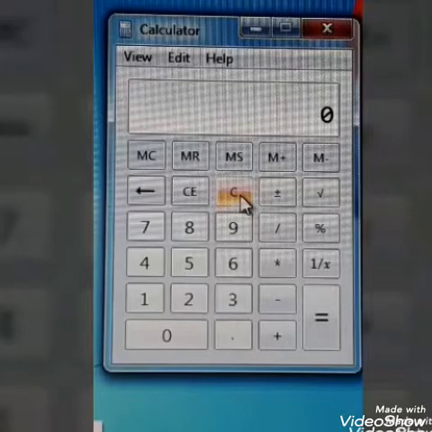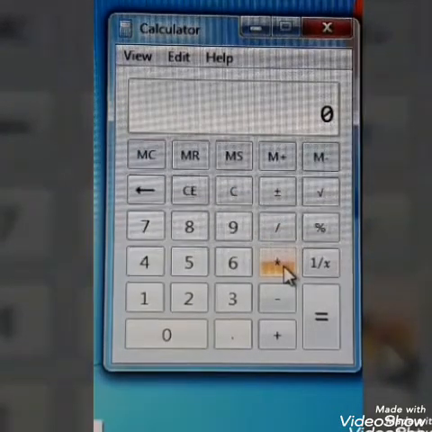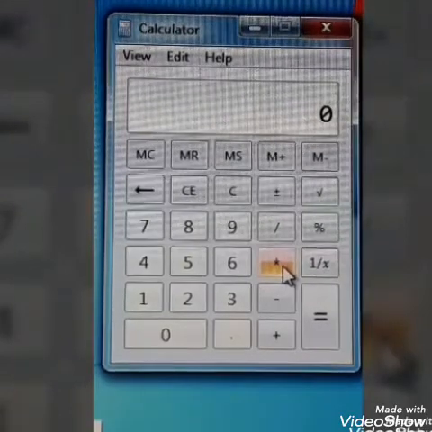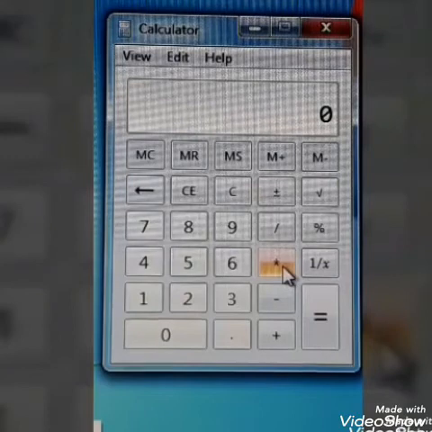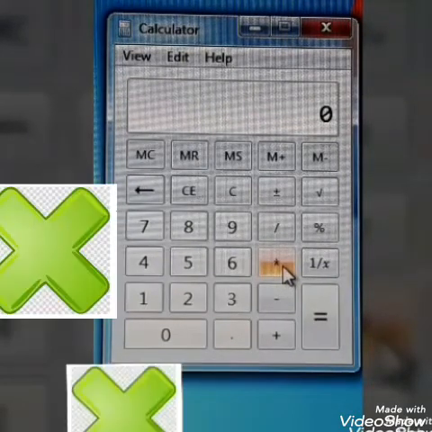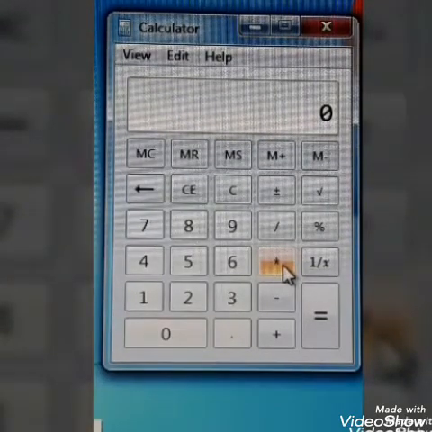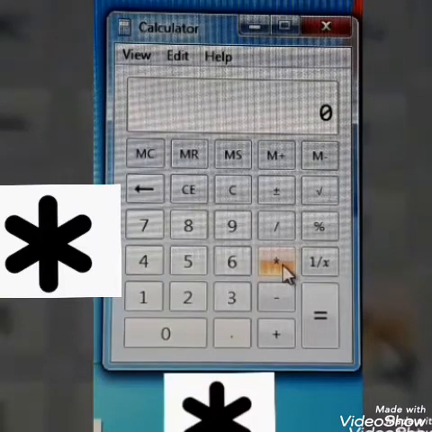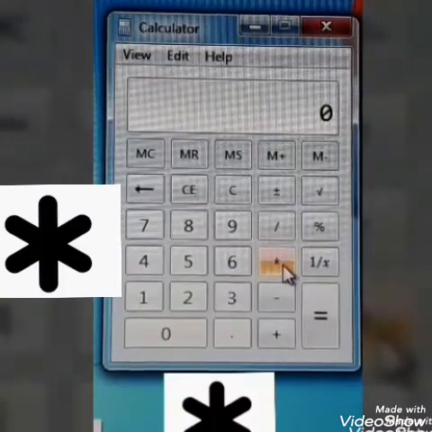Now we will move to the next operation, that is multiplication. Children, you can see here the multiplication symbol is a little different. Usually how do you write it, children? The X sign. Yes, but here it is like an asterisk, like a star. That symbol is a little different, but remember this sign is for multiplication.